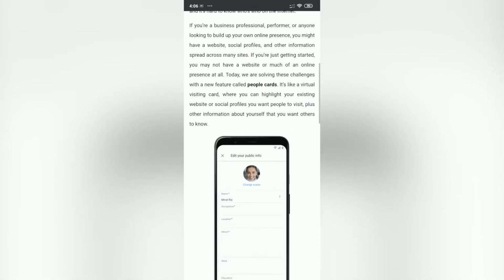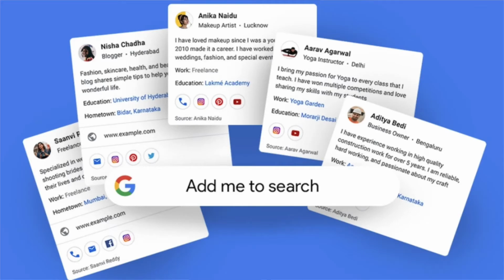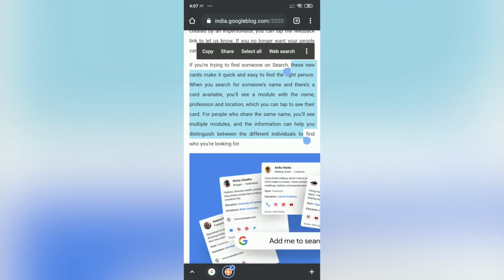easily over Google. Just like here you can see these are a few sample cards. So in this video I'll be creating my own card, and I'll show you what are the steps that you can follow in order to create your own people's card. By the way, if people are having the same common name, in that case Google says these cards would be available for multiple people, and people would be able to identify on the basis of other information that would be available with the name.